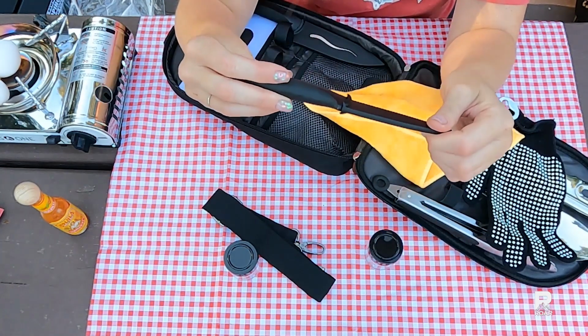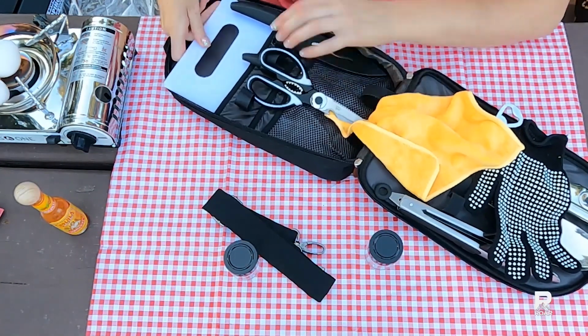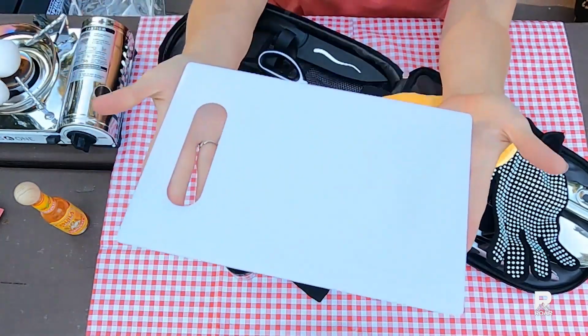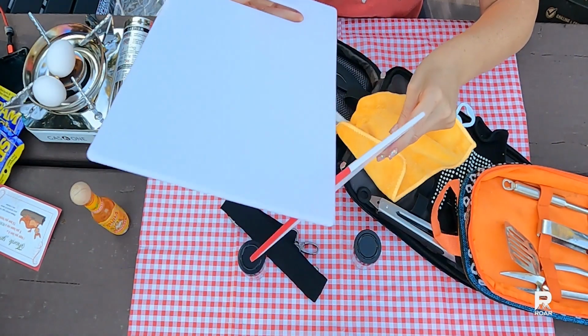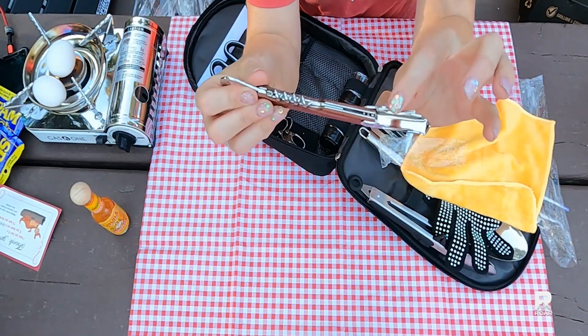There's no more trying to gather everything together before heading outdoors. With a crossbody travel bag, this set is good to go in seconds. For a day in the park, barbecue, hiking, or any kind of camping, now you can take all your cooking